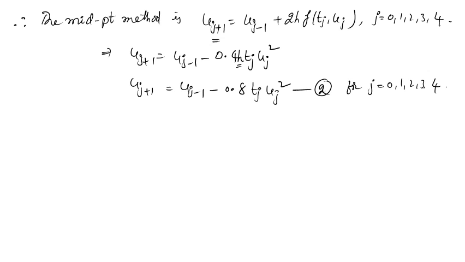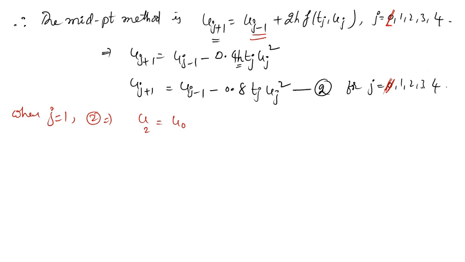See, when j equals 0, one more important point, all of you remember: this is uj minus 1, but when j equals 0 this becomes u minus 1. U minus 1 is not at all a considerable point, therefore delete 0 also. So the equation is valid for j equal to 1 to 4. This is a very important point. Now when j equals 1, what am I getting here? The u2 value. See, when j equals 1, equation 2 gives